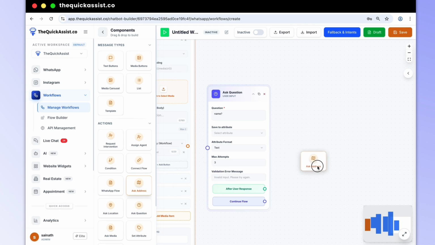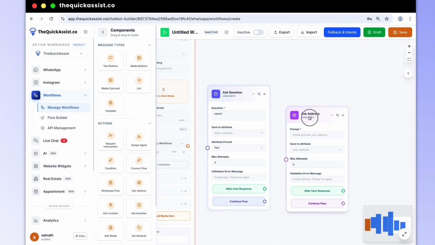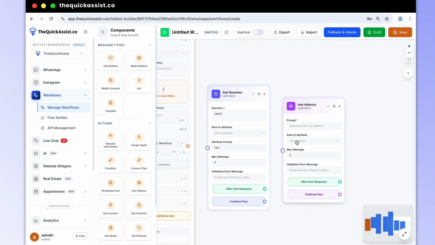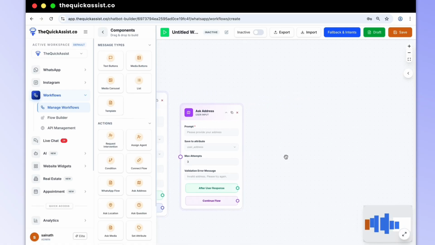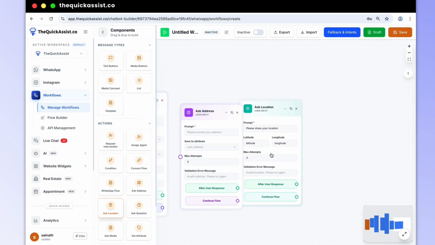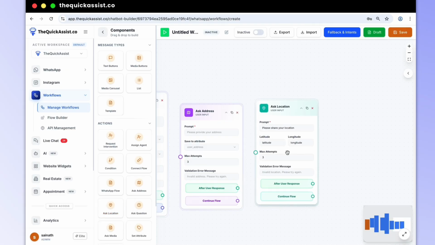On clicking Ask Address, the bot asks the customer for their address and stores it for future use. Next is Ask Location. Using an Ask Location, the customer can share the live location.